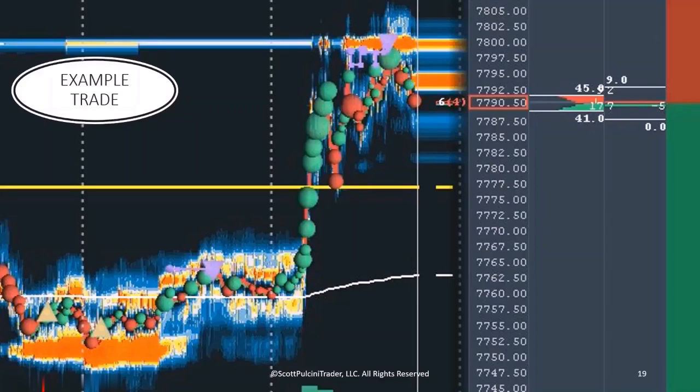Sometimes when you have those trend days, you can get a good entry and let one runner go for the rest of the day, and that's when you have some really high edge. Okay,